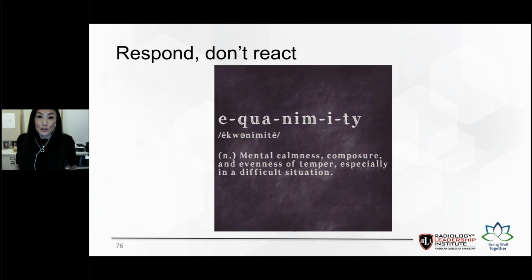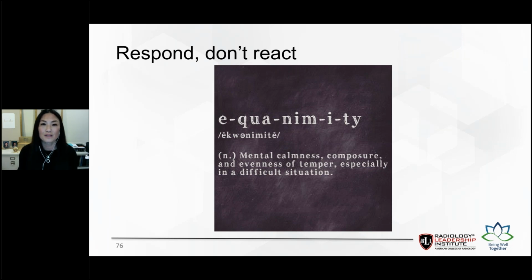So I don't know about all of you, but equanimity is very difficult for me. It does not come easy for me. I've always had a very overactive amygdala, which has an exceptional ability to react very quickly. And I promise you, it does not get you anywhere. My strong advice is just to get there. I don't care how you get there. If you have to go to one of those yoga retreats or whatever, I actually learned how to meditate. But learning how to give yourself the space to respond to a situation rather than reacting to it will save you from lots of